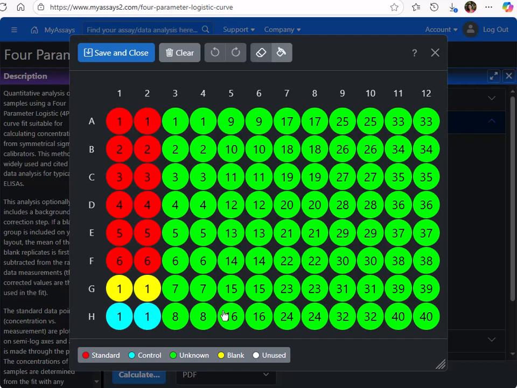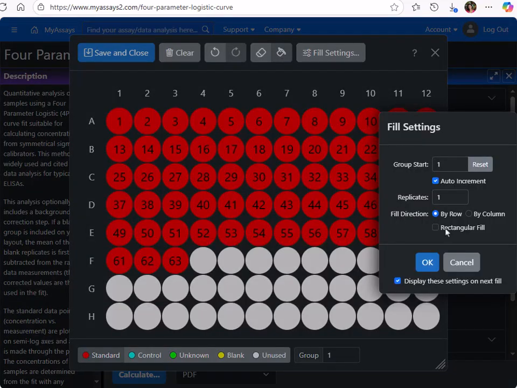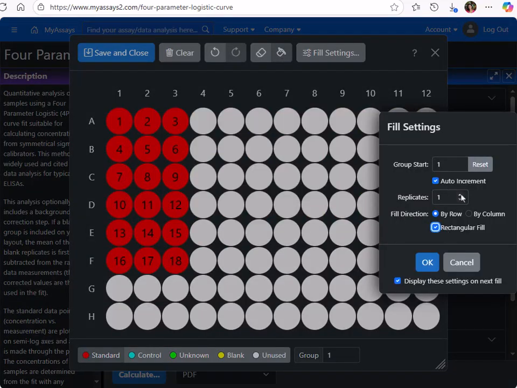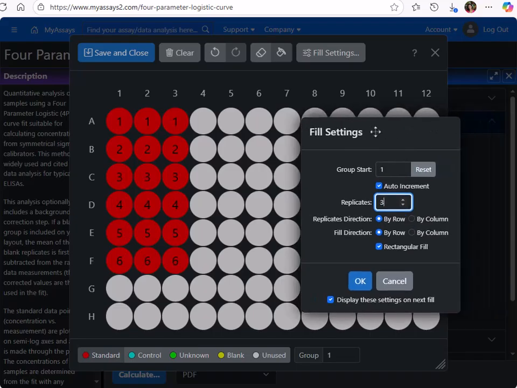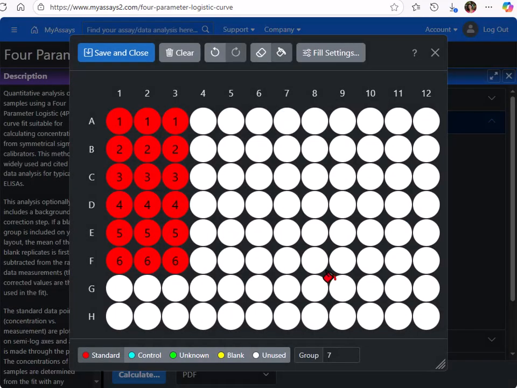From here, I just need to add the sample types in the configuration matching my layout. I'll select Clear to start from scratch, and first I'll add 6 standards with 3 replicates each. I'll enable the rectangular fill, set the replicates to 3, with the replicates direction set to row for horizontal and the fill direction set to column to allow the samples to proceed vertically. Pressing OK, next I'll add my blank group,